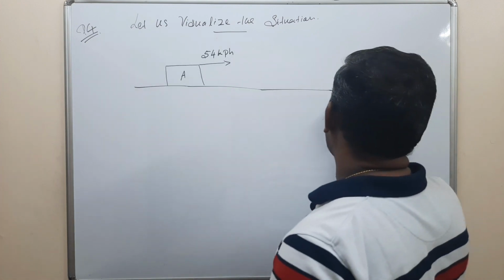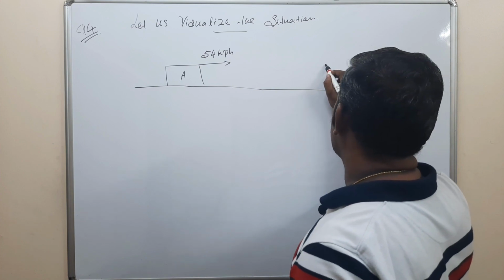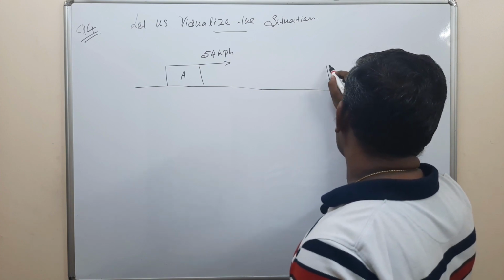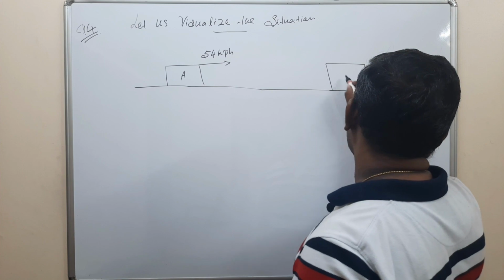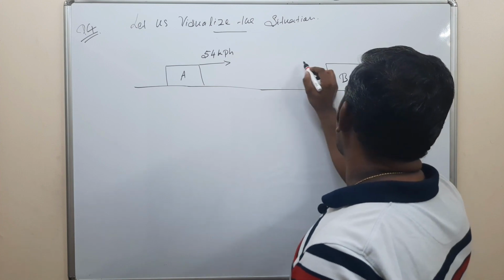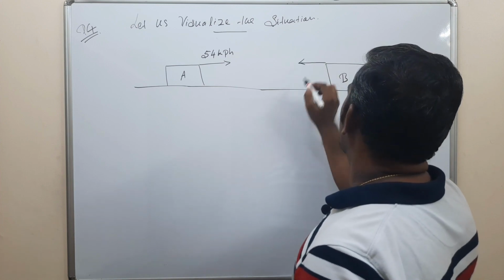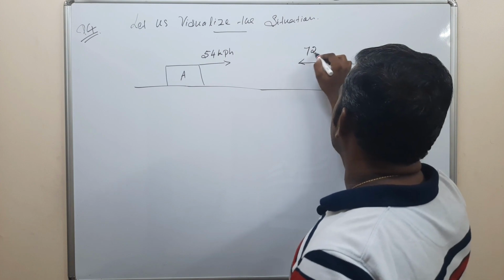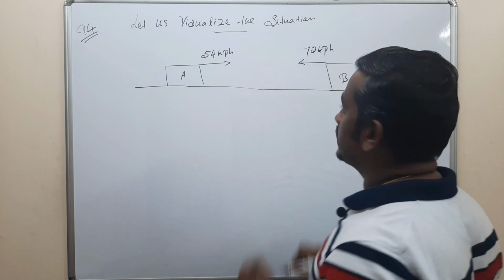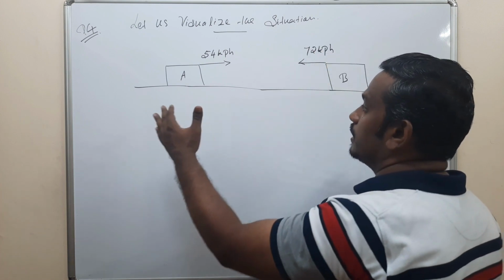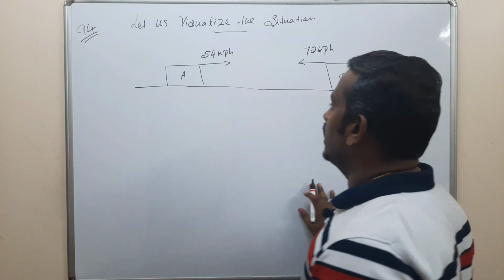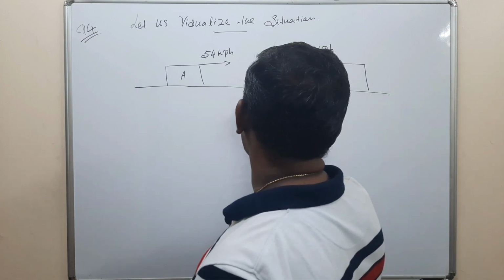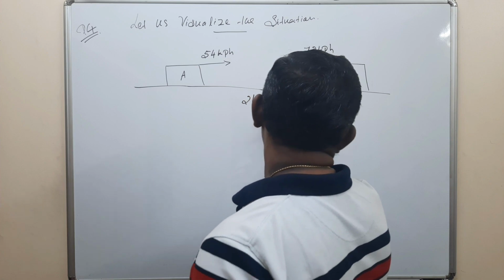Another train B in the same track is moving with 72 kph. When they are headed towards each other at a distance of 2 kilometers, both